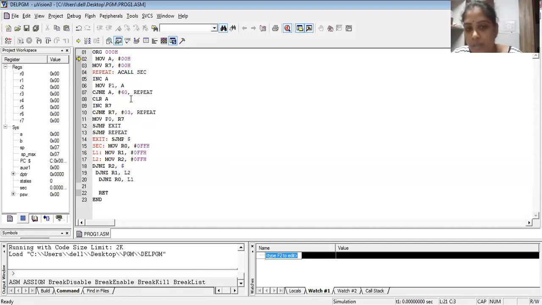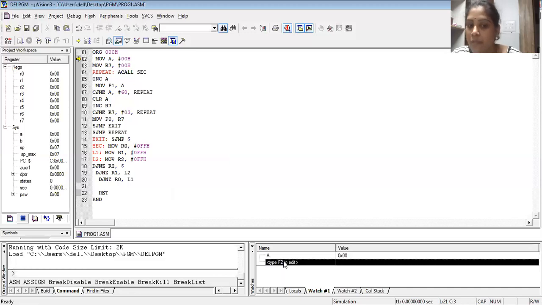So I'll first mention A, which counts the seconds. Then you have to press enter. Press A and press enter. Okay, the second one is R7, which will keep track of the minutes. So one more register content I'd like to watch. For that, again click on type F2 to edit. I want to watch another register content.